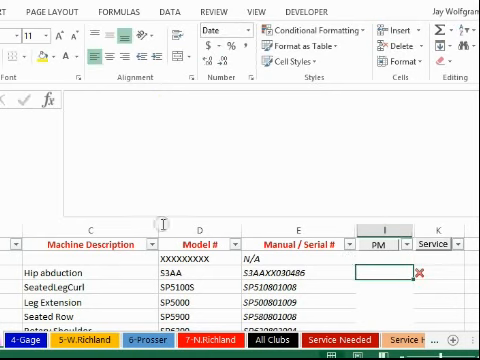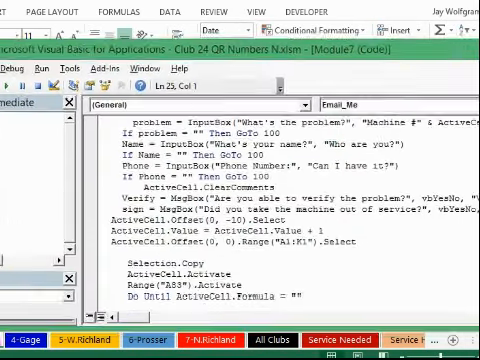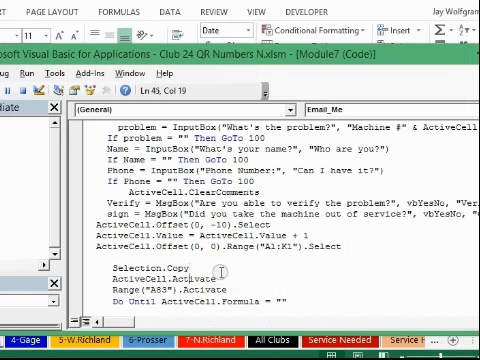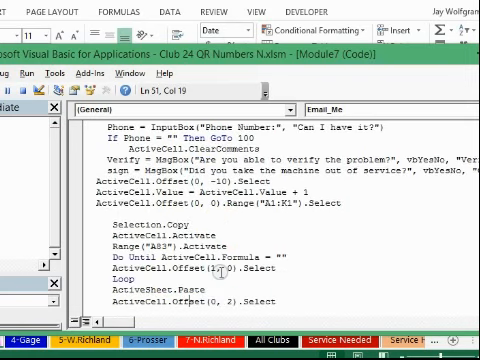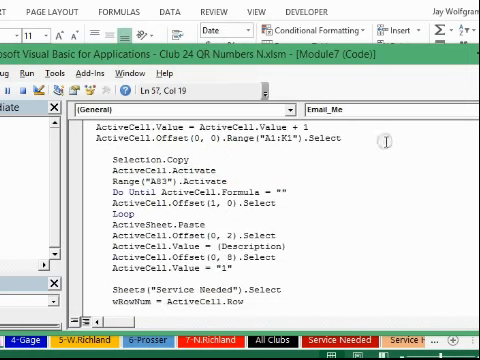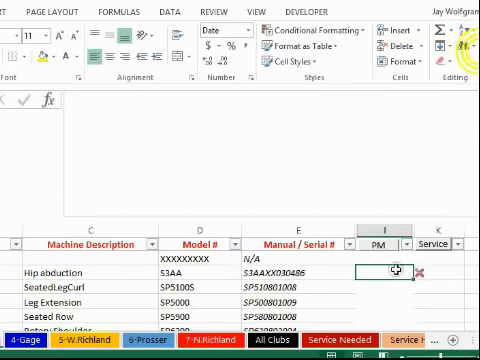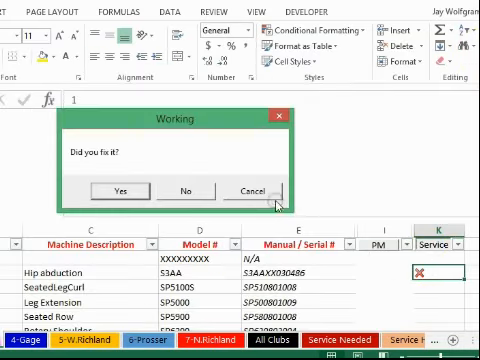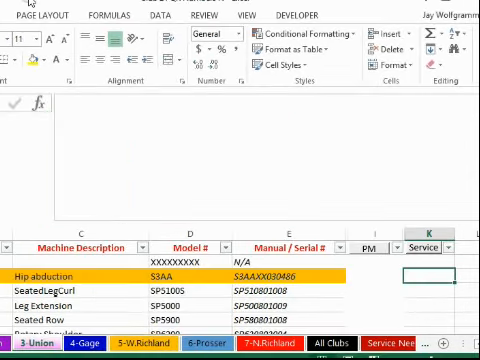And then the same macro says, okay, if there's a 1 in that column, meaning it's already been marked as service needed, then it will instead ask, is it working? Did you fix it? But anyway,